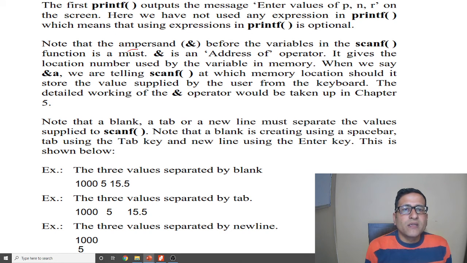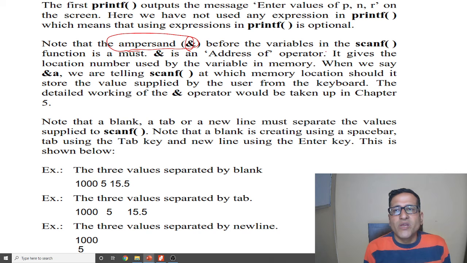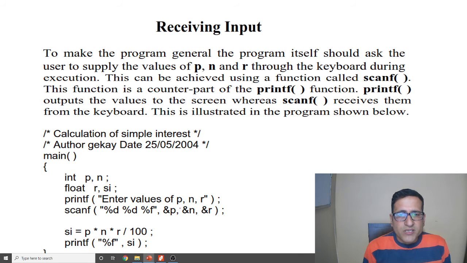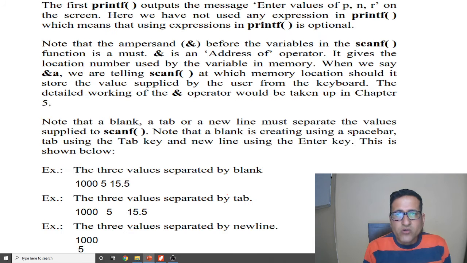Note that there is an ampersand before the variables in the scanf. Here you can see it, ampersand, ampersand, ampersand before the variables. Why do we use it? Because it is the address of operator.